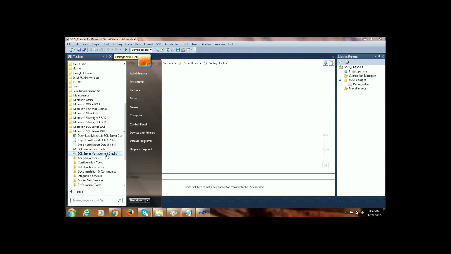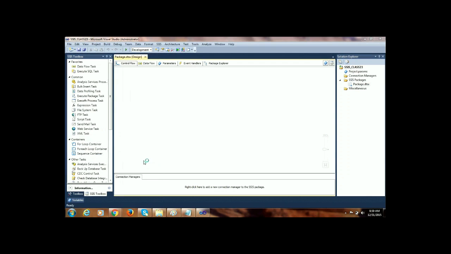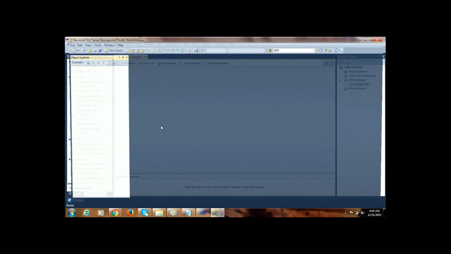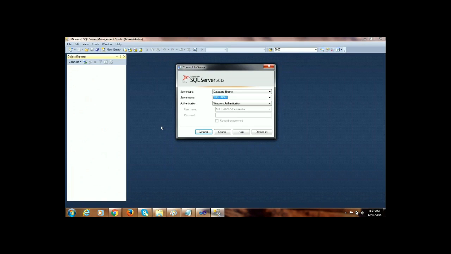So SQL Server Management Studio is a graphical user interface between the database engine and the user. If I want to store the data into the database, then I'm going to use the SQL Server Management Studio. If I want to retrieve the data that I have stored earlier, then I will use some SQL statements to retrieve the data from databases. Again, I'm going to use the SQL Server Management Studio. If I want to modify the existing data,